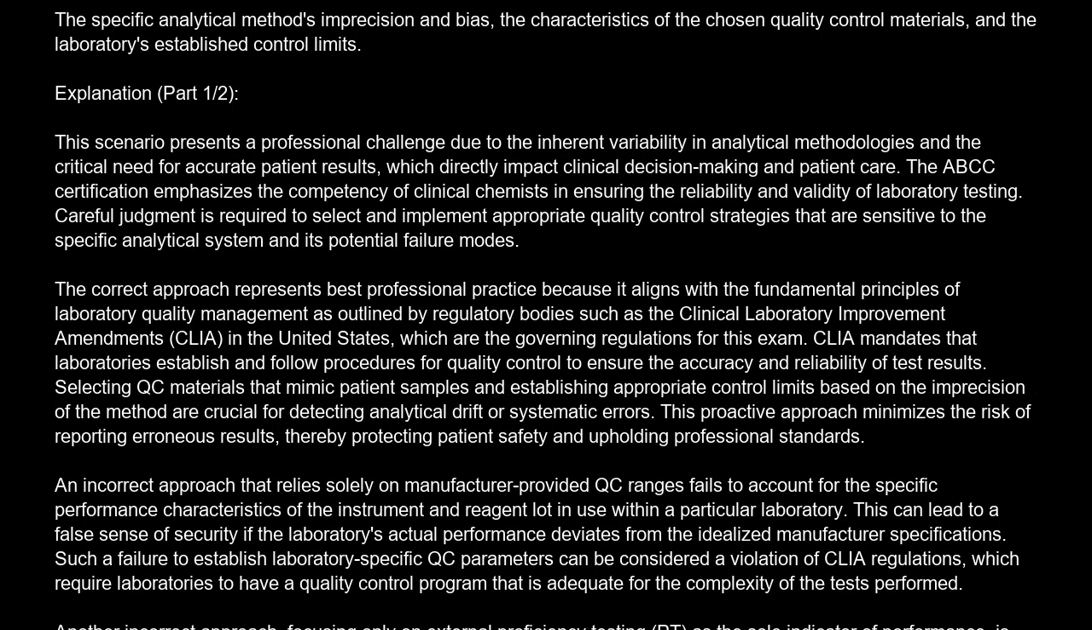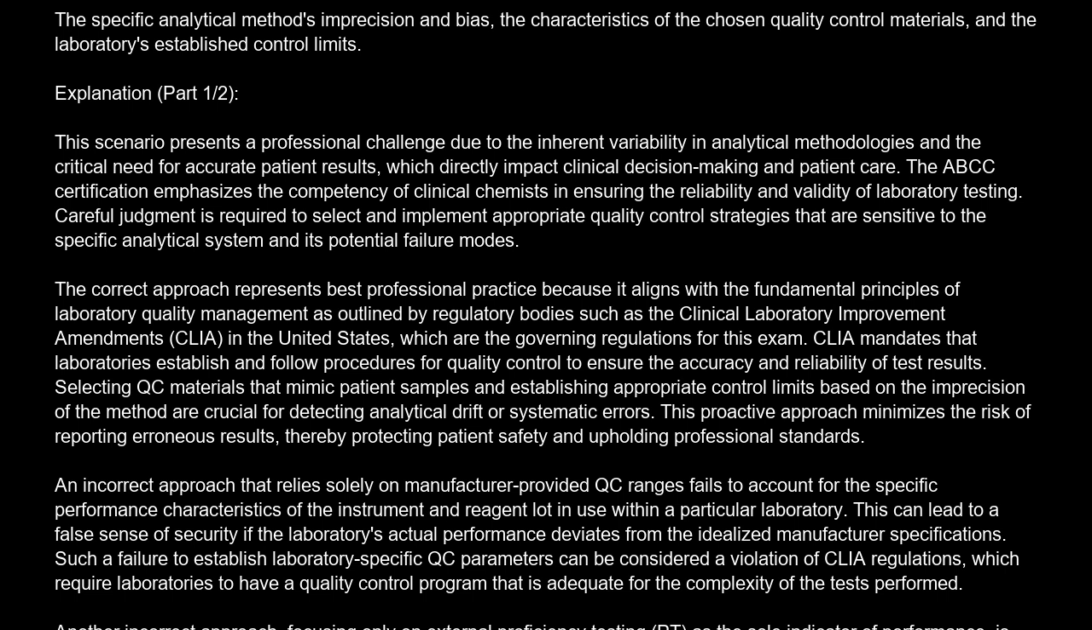The correct answer is C. The specific analytical methods' imprecision and bias, the characteristics of the chosen quality control materials, and the laboratory's established control limits. Explanation. This scenario presents a professional challenge due to the inherent variability in analytical methodologies and the critical need